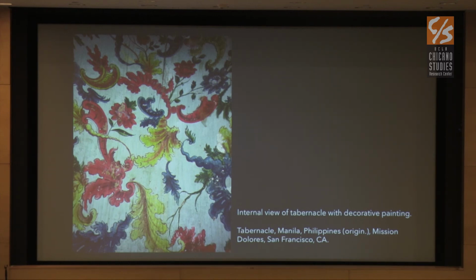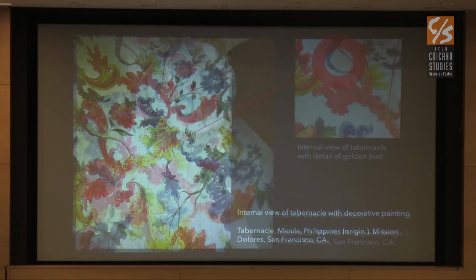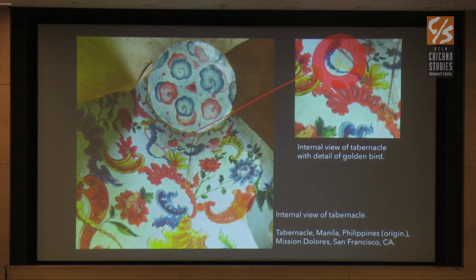Interestingly enough, we could take this as just decoration and nothing more, but it's interesting that in a small detail, which is difficult to see because it's in gold paint, there is a small bird perched on one of the branches. And so, not that we must be literal in our interpretation, but the presence of fauna and flora suggests an ecology. So we have a combination of cosmology and an ecology inside the tabernacle itself, which leads to a